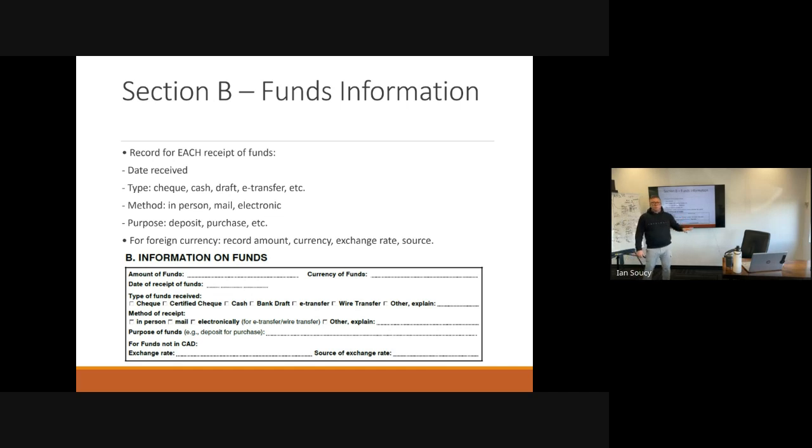And with more and more people paying with email money transfers, you need to use more than one box. If the deposit is $10,000 and they send 4 times 2,500, you need the 4 boxes, because it's 2,500 Canadian funds. Date of receipt, because those 4 deposits will come probably on different days, right? Then the method, for example electronically, and the purpose of the funds, purchase of